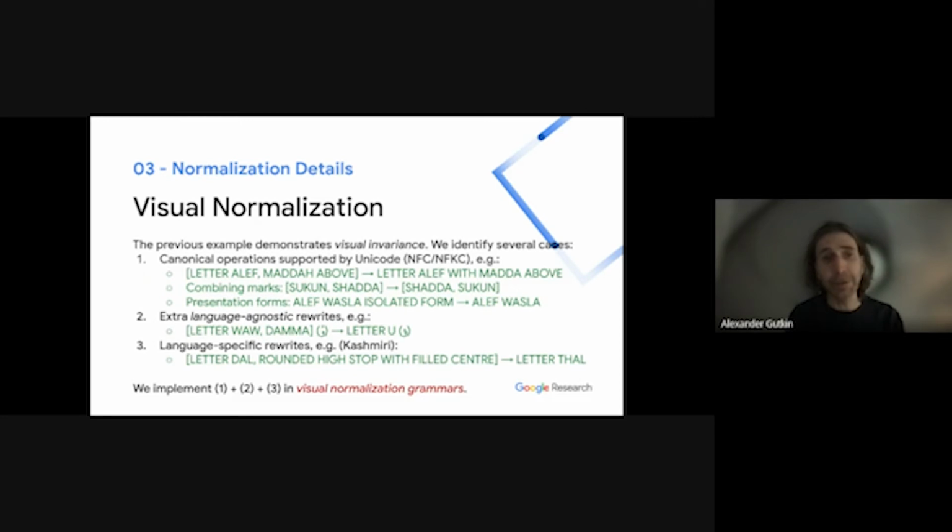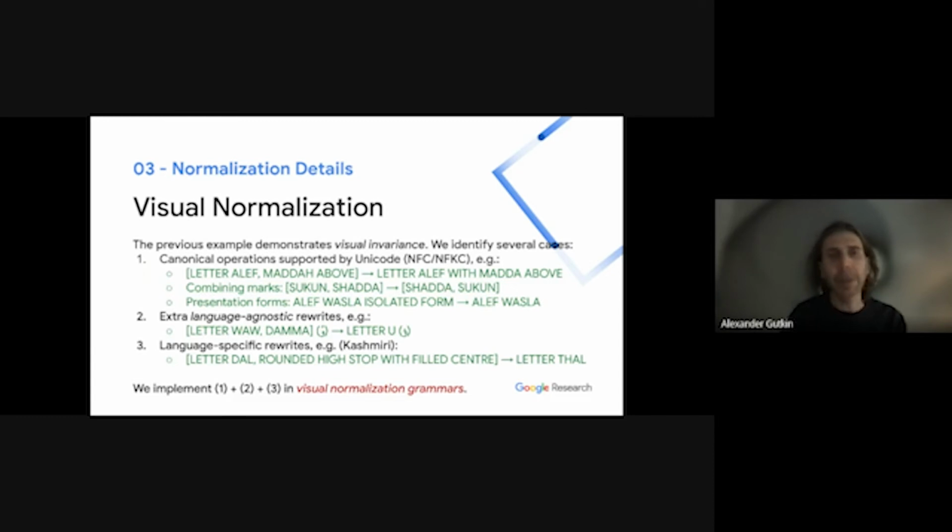And those transformations include the NFC transformations that we mentioned earlier. Letter aleph and madda above is equivalent to letter aleph with madda above as a single code point. Reordering of combining marks such as shadda, sukun, madda, and kasra, and then normalization of